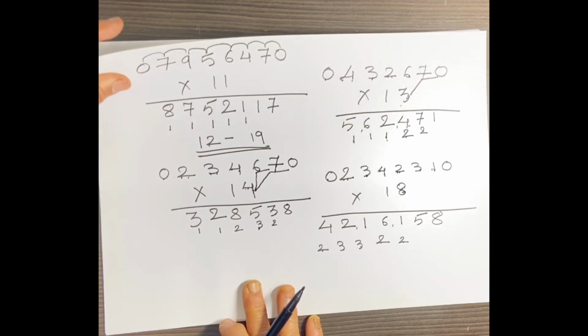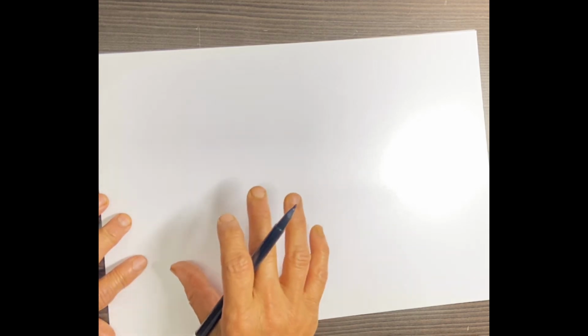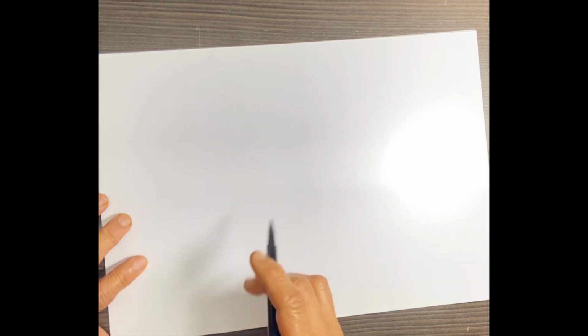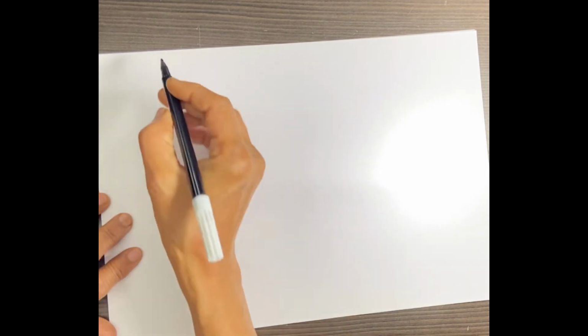Okay, now the next method. Now multiplication of any number by any 2 digit number. We are going to learn that in this video. We saw multiplication of any number by 11, then multiplication of any number by 12 to 19. Now we are going to see multiplication of any number by any 2 digit number. So I am taking